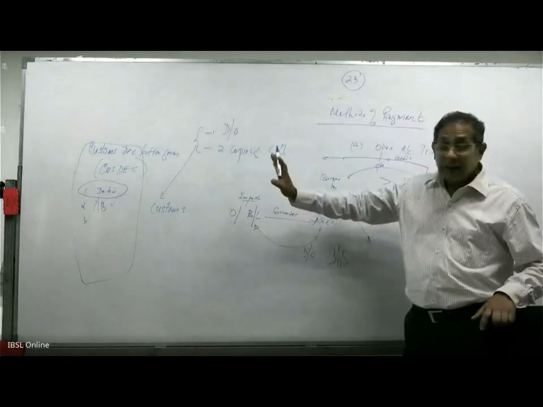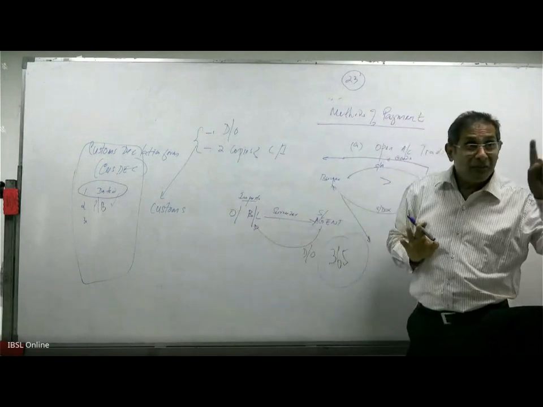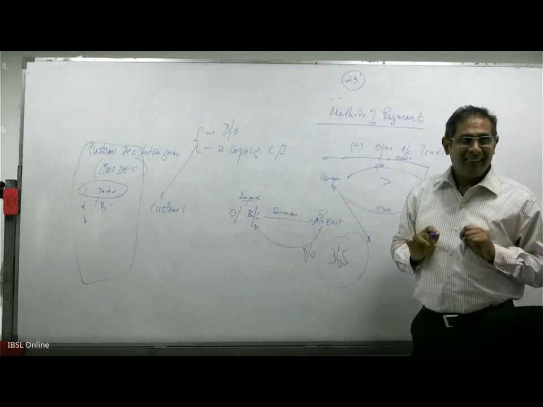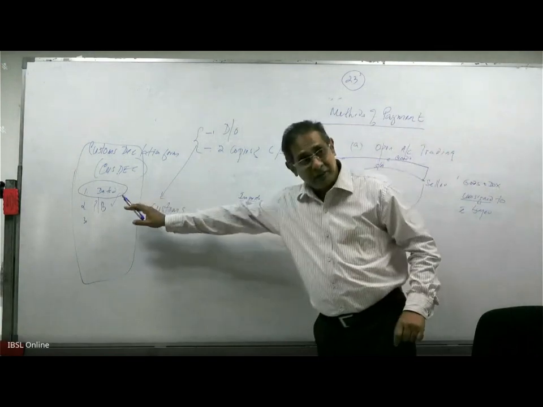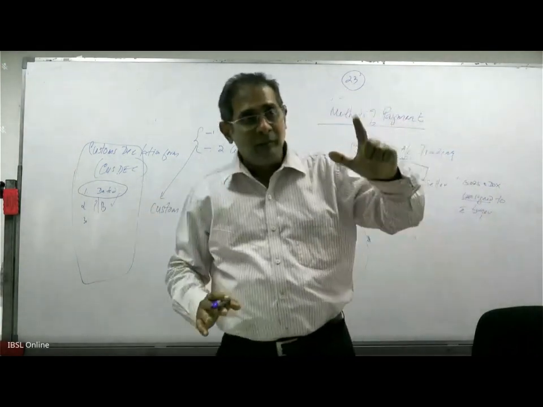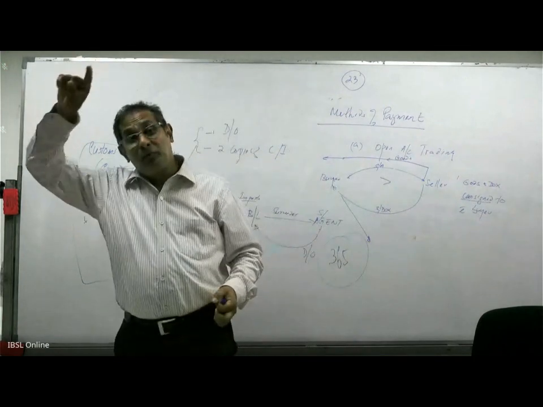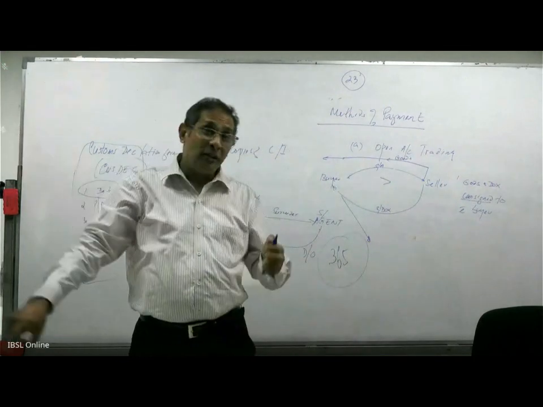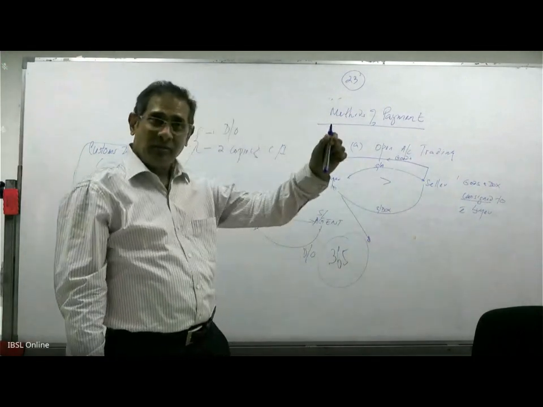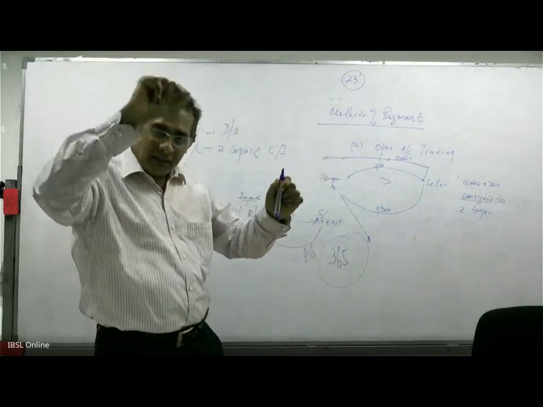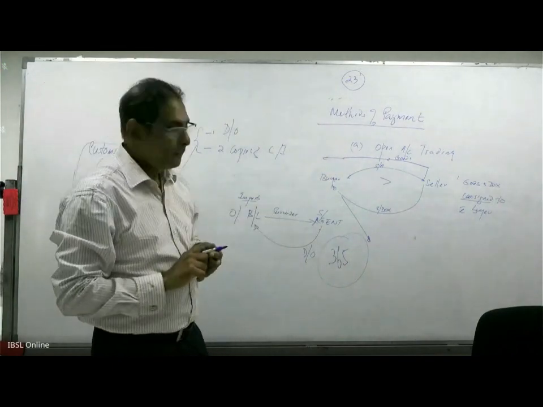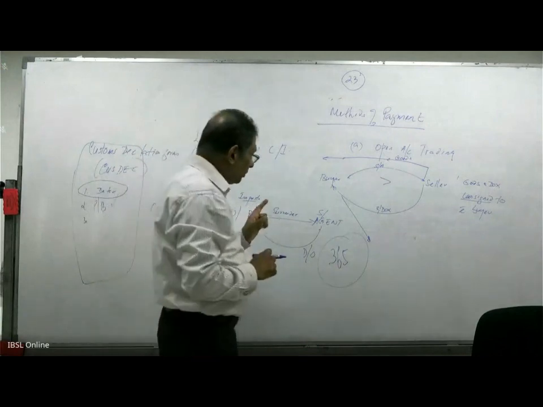Then why is the bank checking the date? He can't come on the 366th day. Right? If he comes on the 366th day and requests the bank to make the payment, then the bank will tell the customer to obtain approval from the import and export control because they are the people who issue the circular. So you have to go to the issuer, get approval and come. Right? So you remember this.